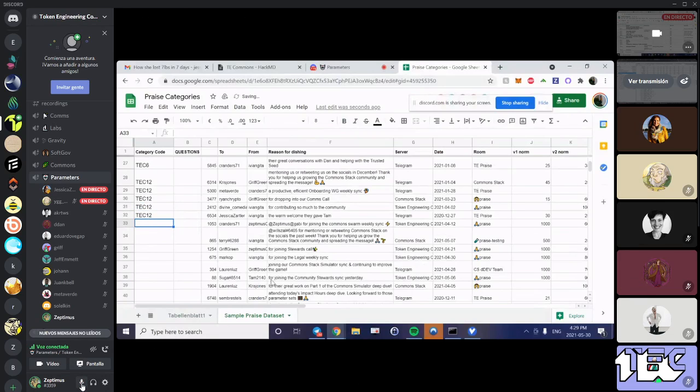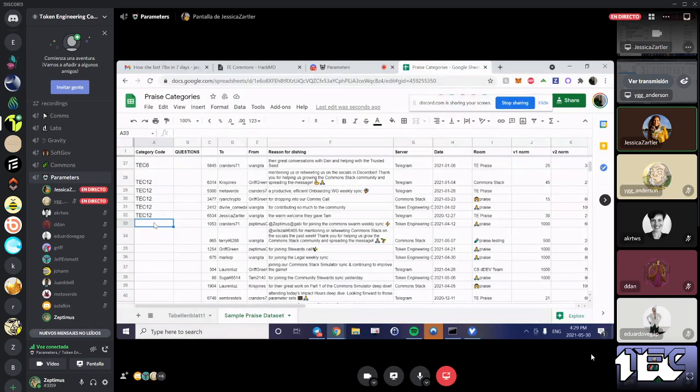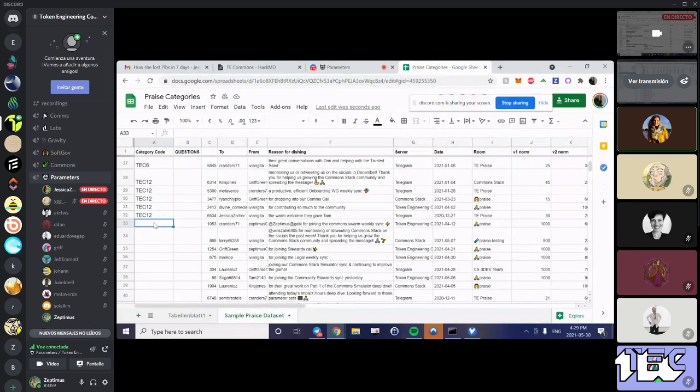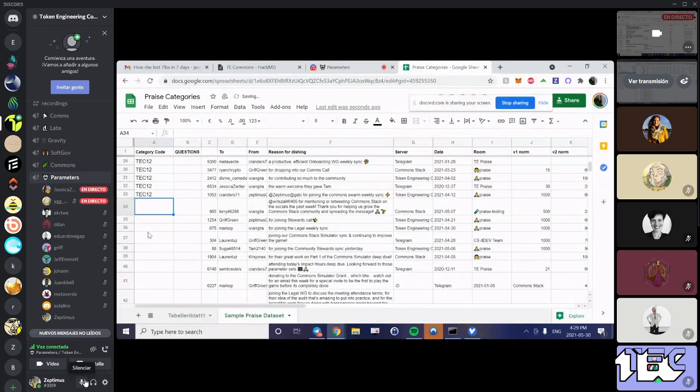What about the comms that are done for the Commons Swarm? For example, Chui praised 1.5 hours of work on the weekly update to prep for Tuesday's AMA, and it was for the Commons Swarm. It's not specified in here, but I know it's from Commons Swarm. So how should we approach this data?